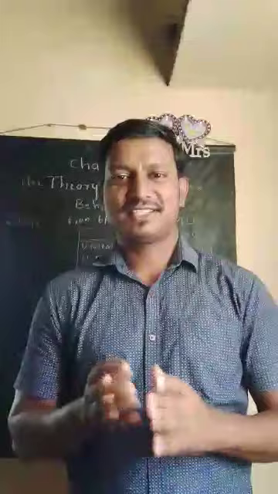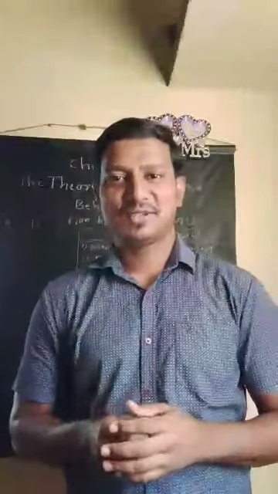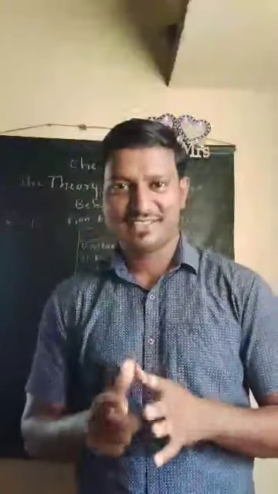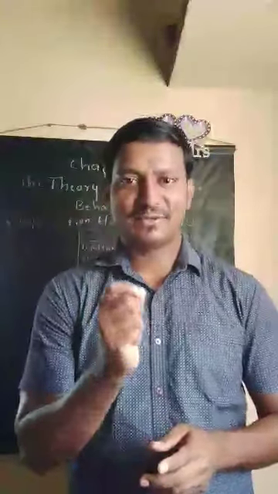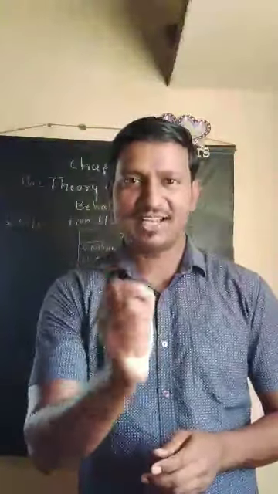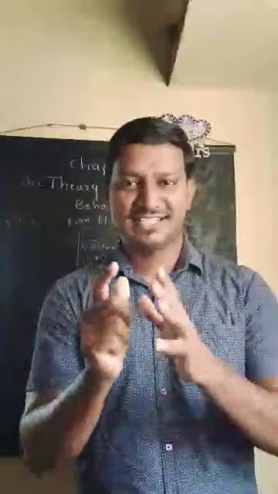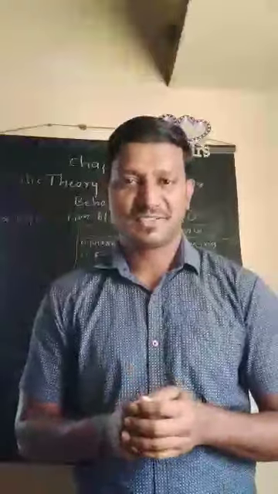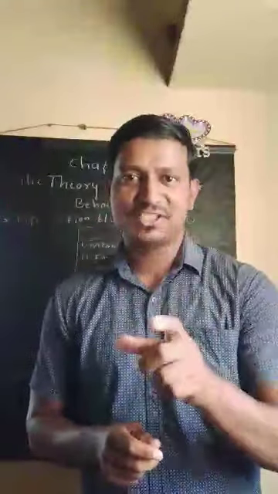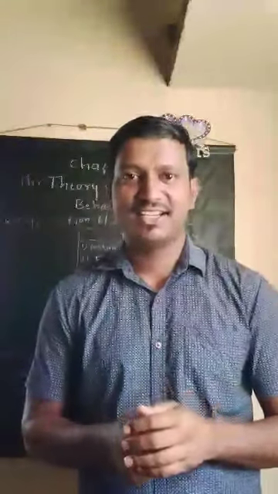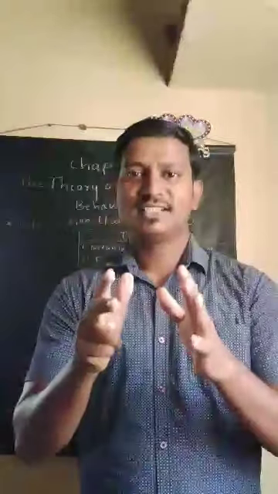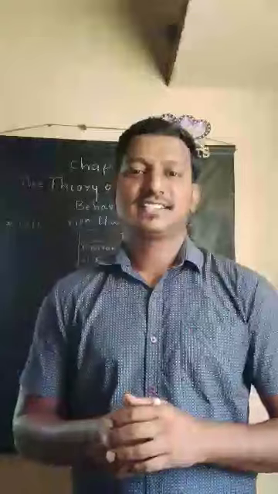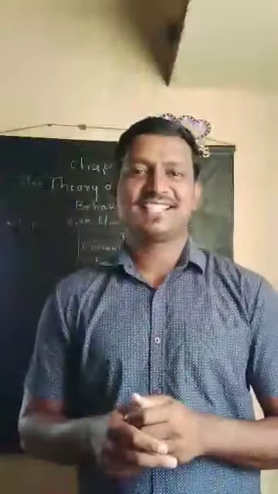In the last class we were discussing the theory of consumer behavior. In continuation, we are taking up some more topics in today's class. In the last class we discussed the law of diminishing marginal utility in detail. We saw the assumptions of the law, its propounders and originators, the explanation with the help of a schedule and diagram, and also the importance and some of the limitations.